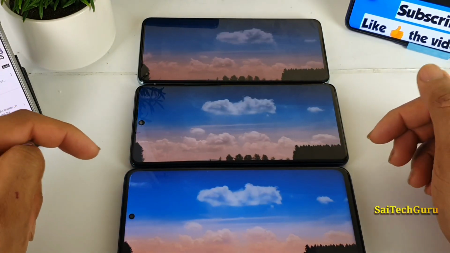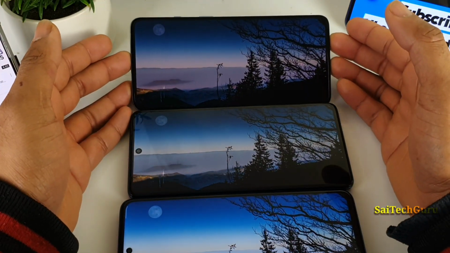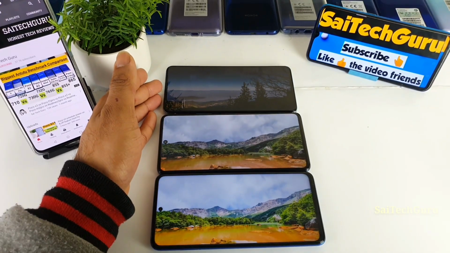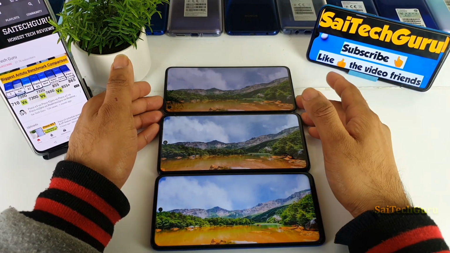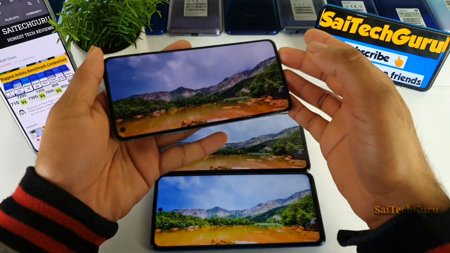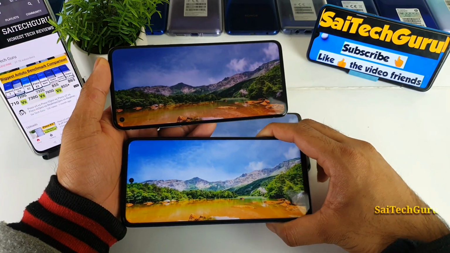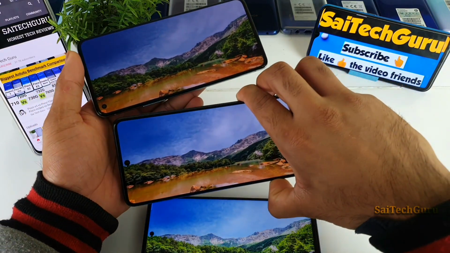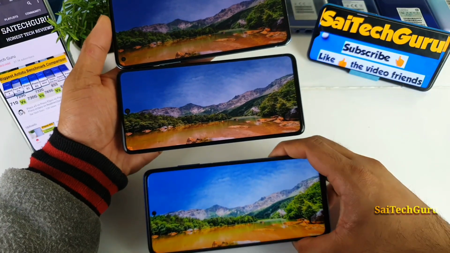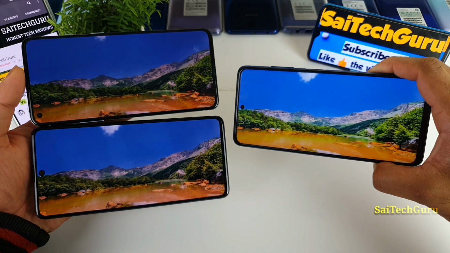You can notice on the Poco X3 the sky is very saturated because of the software options I selected, which is very powerful, friends, on the Poco X3 device if you use this kind of customization. You can see the huge difference from the OnePlus 8T to the Poco X3, and even with the Samsung Galaxy M51, at the same brightness level. Let me hold them all together so you can see the difference clearly side by side like this.